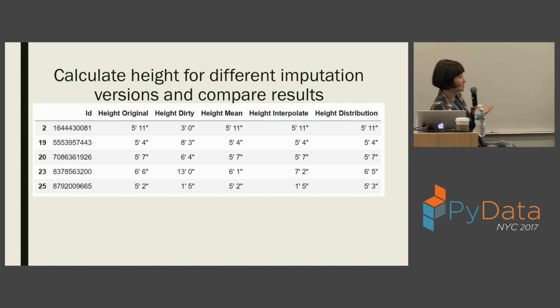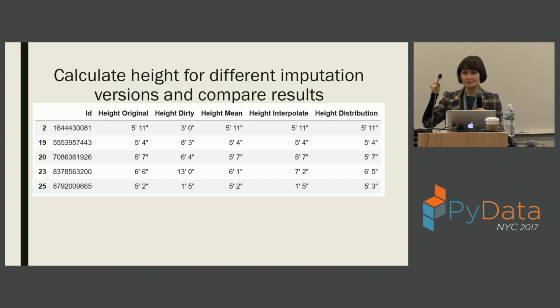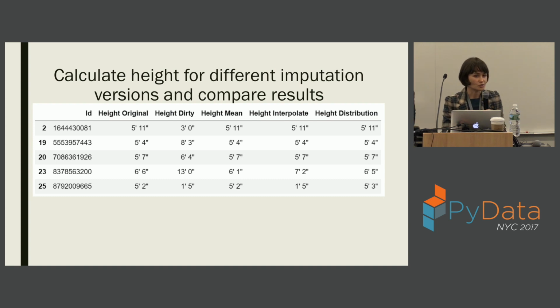And in this example, the distribution worked out the best. Part of the reason is that when I introduced those problems in the data set, I did them uniformly at random. I randomly replaced values with nulls, and I randomly added the outliers. That's why when you use a distribution to replace them, you actually kind of get things back. Not perfectly, but good enough. And other methods are not as good because they are doing something different.